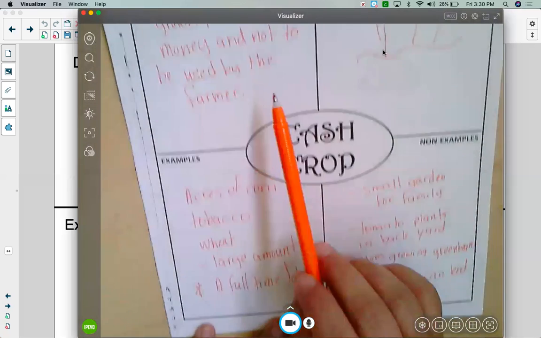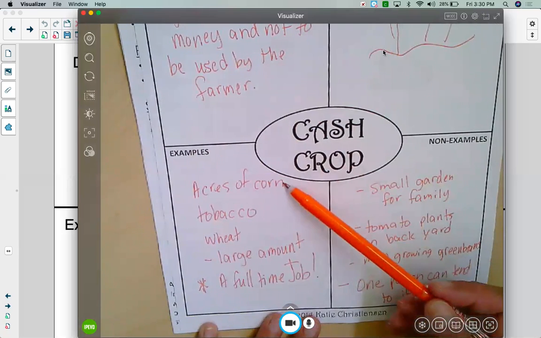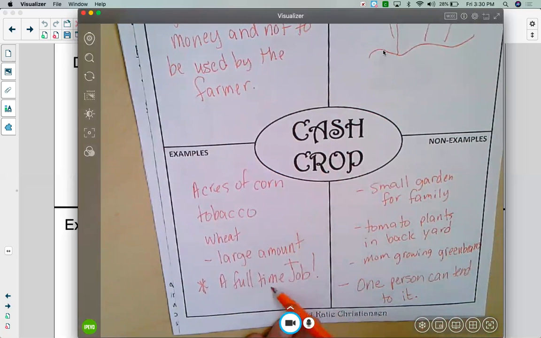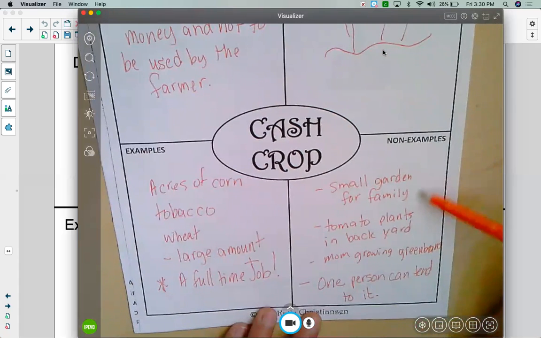All right, so again, boys and girls, a cash crop is something that is grown to sell for money rather than for use by the farmer. Examples are acres of corn or tobacco or wheat, anything in large amounts that requires people to work it in a full-time job. Some non-examples would be a small garden for the family,